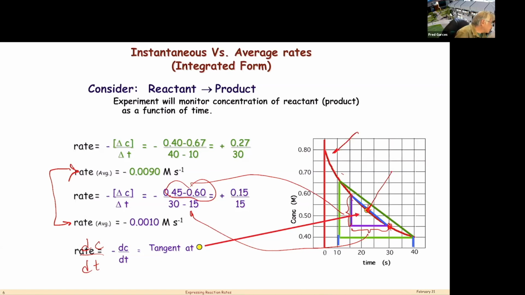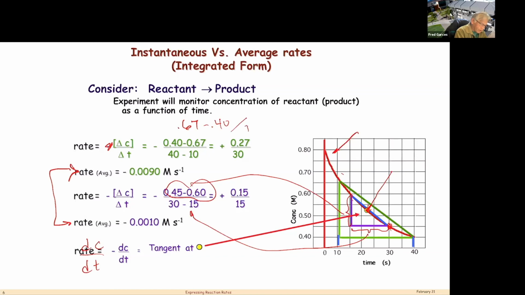I get why the value is negative. Why wouldn't they cancel out in the formula? Don't worry about canceling in the formula. Just know that if it's disappearing, it's negative. Your number here, if you do 0.67 minus 0.40 over 10,